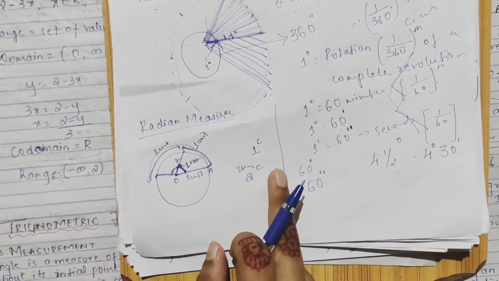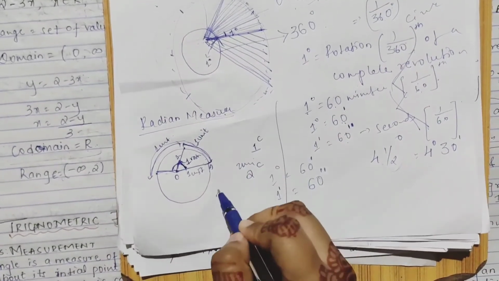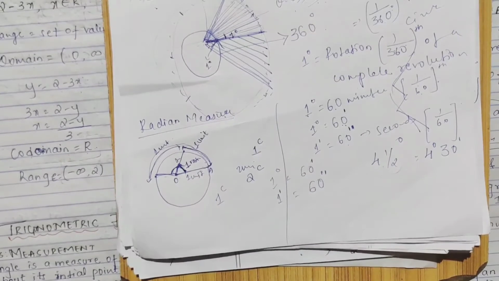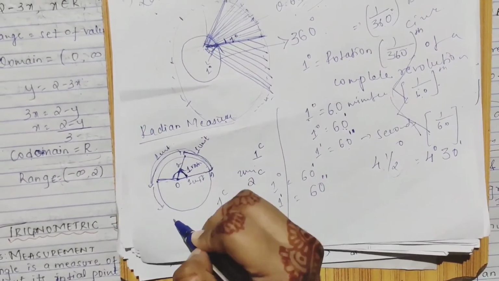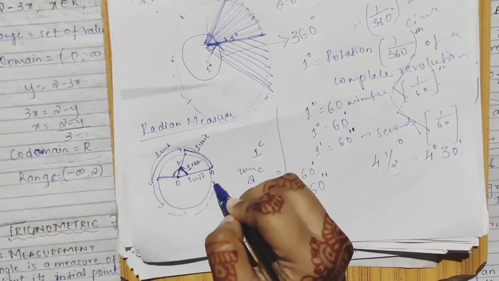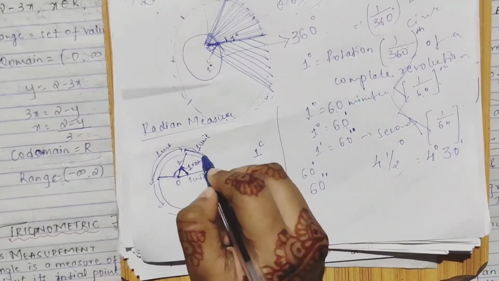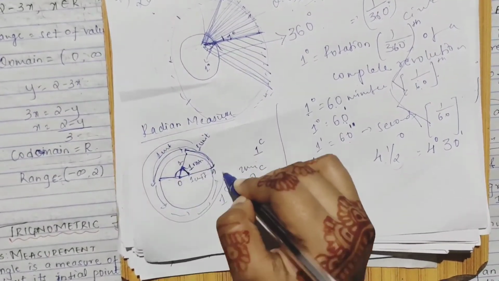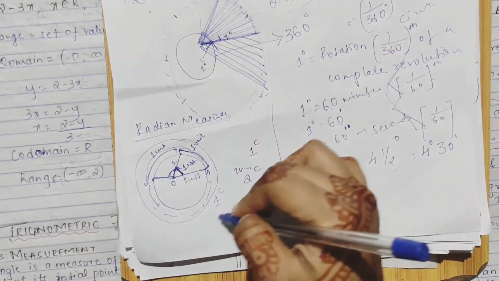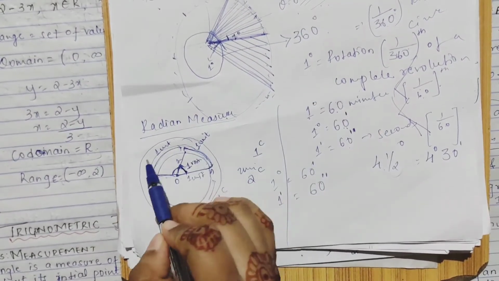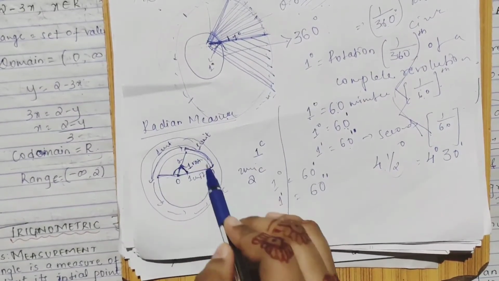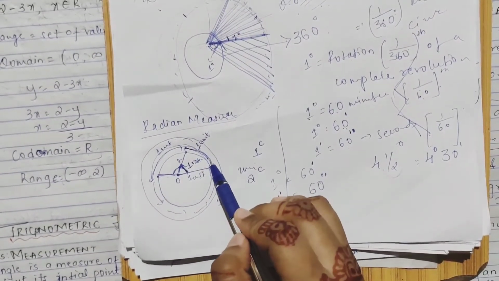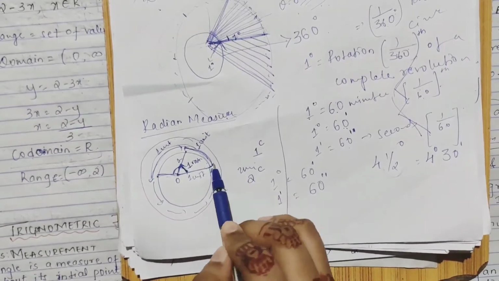It is measured in radian, and we call it 1 radian. Now you see here, if like this only you take 1 unit, 1 unit, you will take a full complete revolution, right? This whole is a circumference only, right? Circumference of a circle. So as you can see, this circumference of a circle and the length of the arc of 1 unit become the same, right? Yes, it is equal.